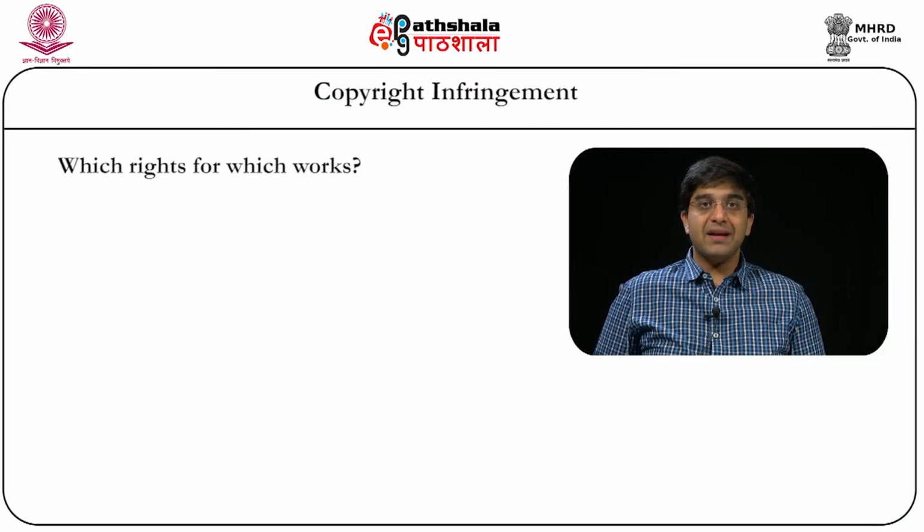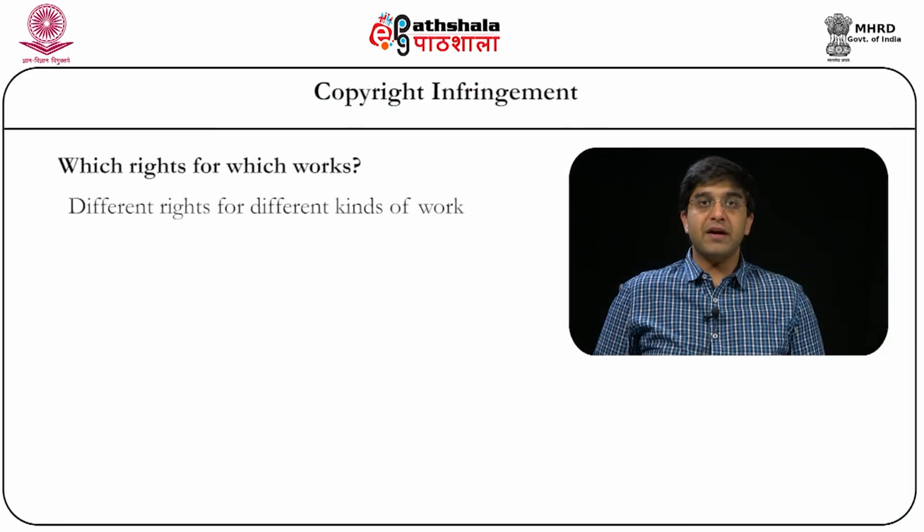Under Section 14 of the Act, different kinds of rights are available for different kinds of work. For instance, literary, dramatic, artistic and musical works enjoy very wide rights under the Act. As opposed to this, cinematograph films and sound recordings enjoy fewer rights under the Act. Computer programs, in fact, enjoy very broad rights. They enjoy all the rights available to literary works as well as the right of sale and rental. At the end of the module, you will see a chart which I have prepared to show which rights are available for which kinds of work.